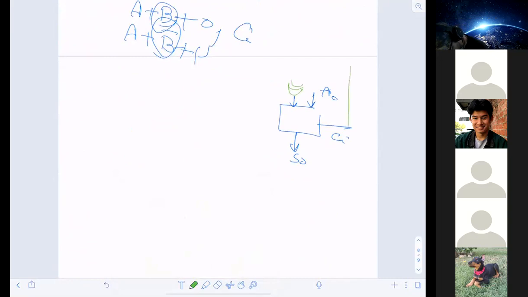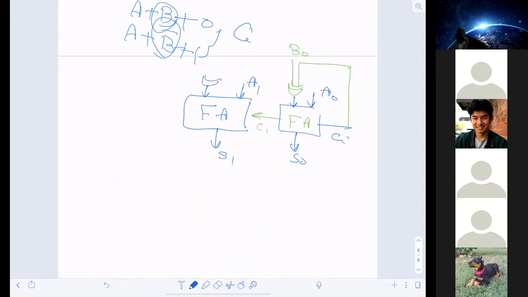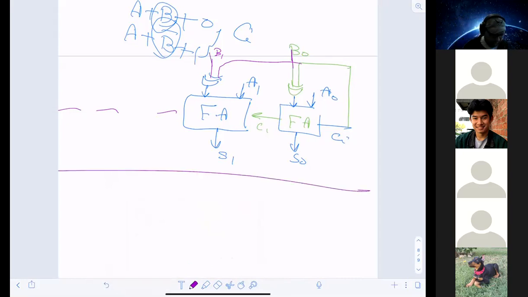Right? B0. Now it makes sense? Yes. Okay. So we figured out how to build